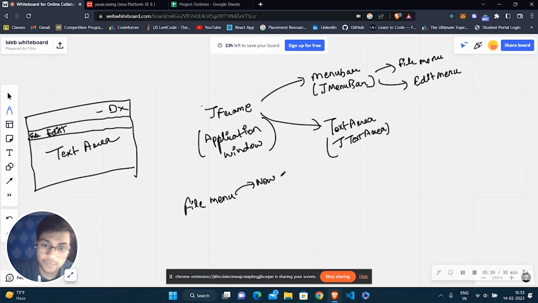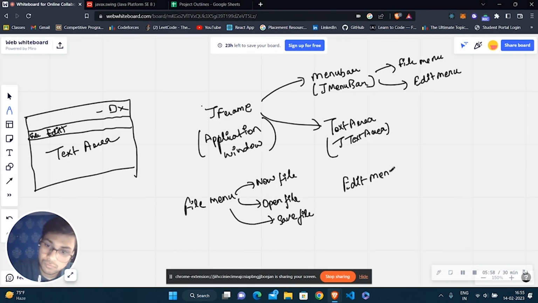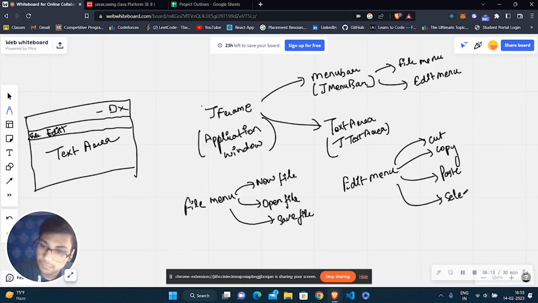The first one is new file, the second one is open file, and the third one is save file. And the edit menu is having five functions. The first one is cut, then copy, paste, select all, and the last one is close.